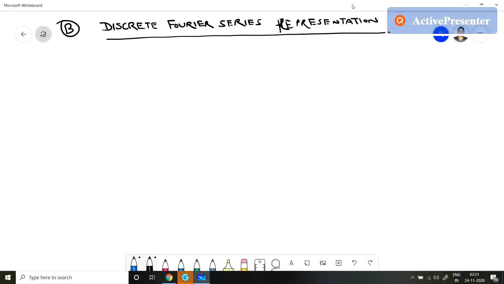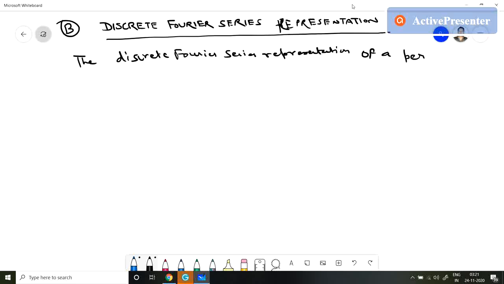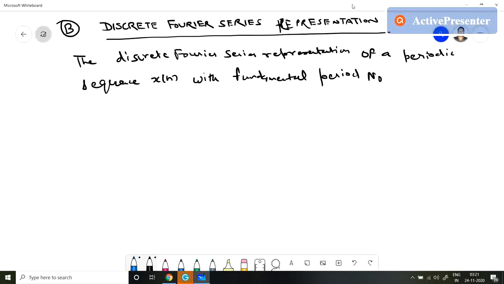The discrete Fourier series representation of a periodic sequence xn with fundamental period n naught is given by